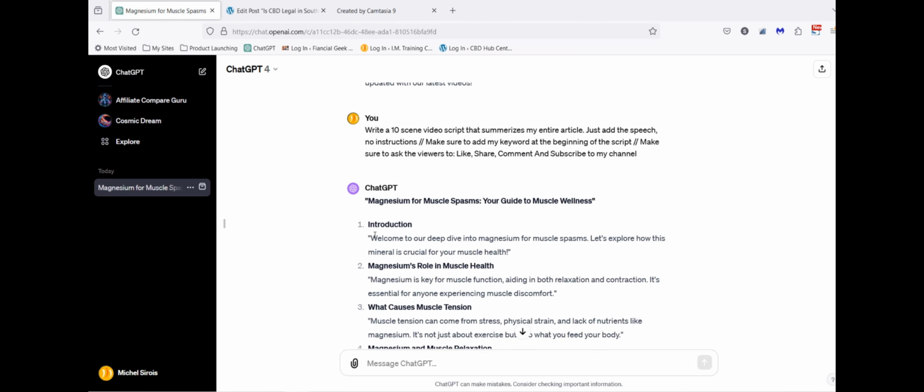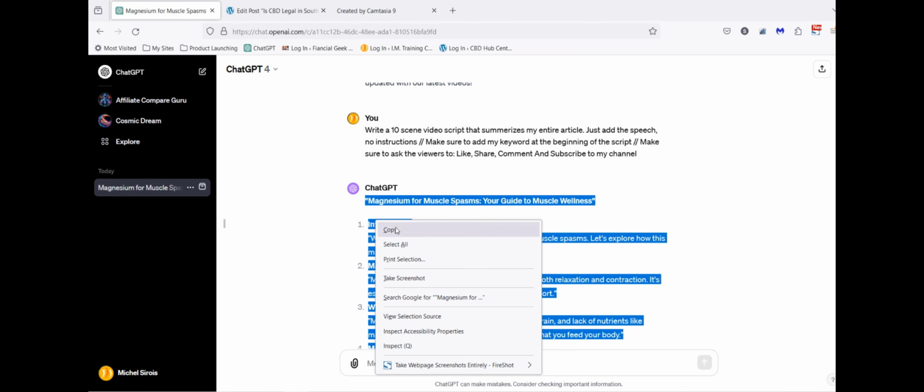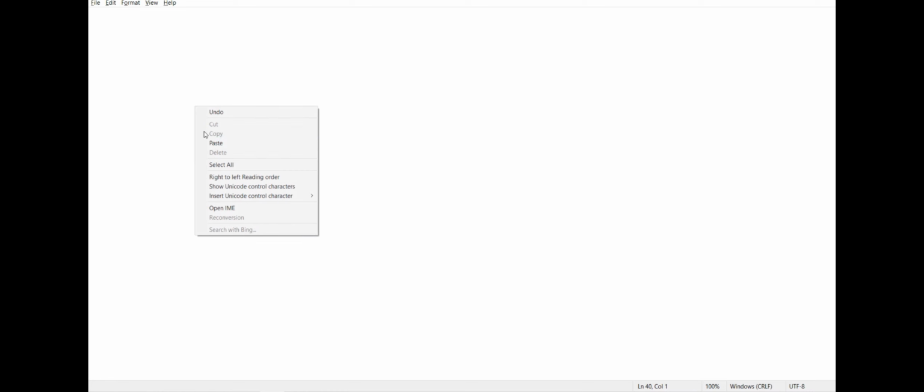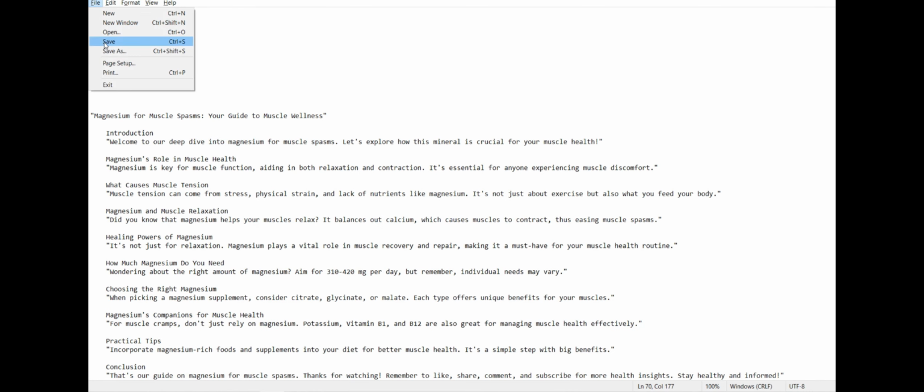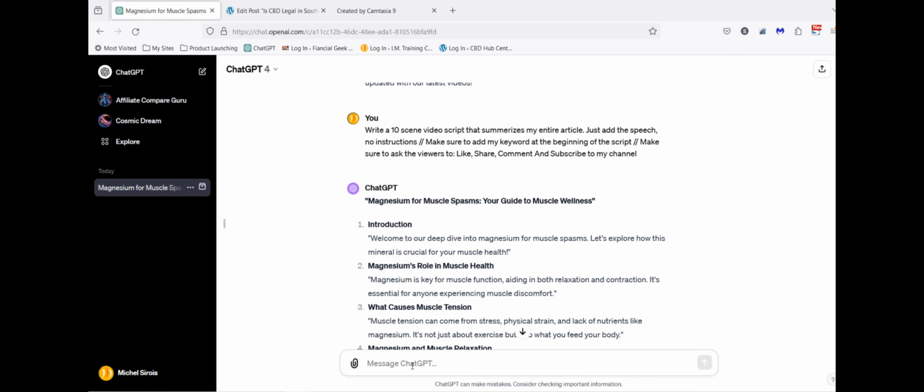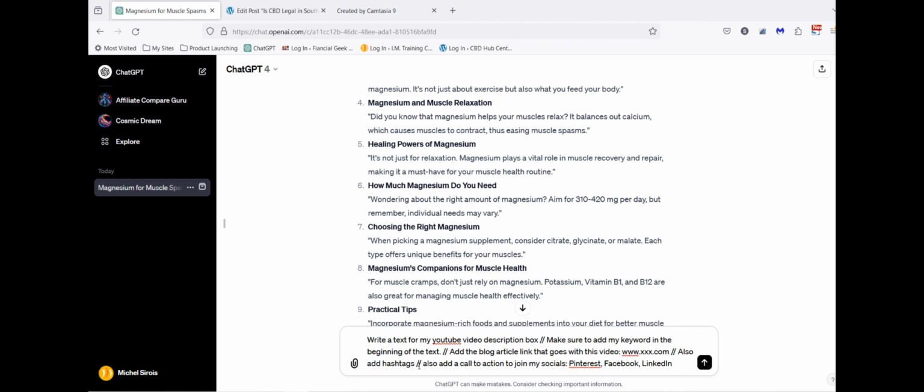So my script has been generated. I'm going to copy it, put it in a notepad, and save. Then I'm going to go back in GPT and ask it to write a text for my